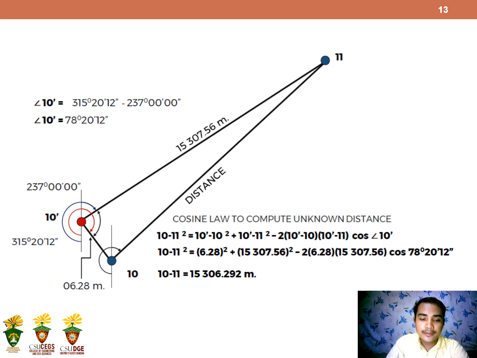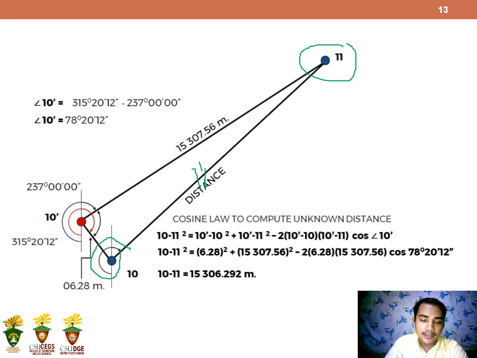So to solve problem number 1, first we need to draw or illustrate what the problem looks like. From the given data, we have two true stations, station 10 and station 11. But due to poor sighting, because of an obstruction in this part, probably here,